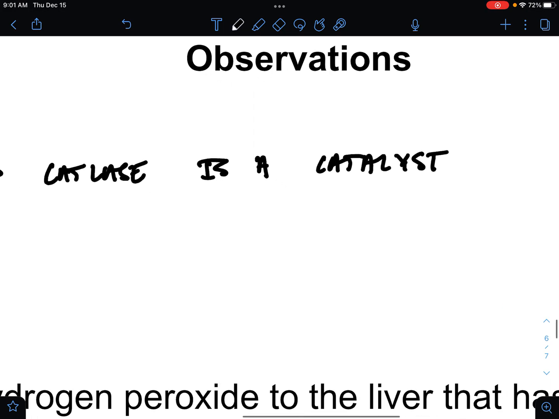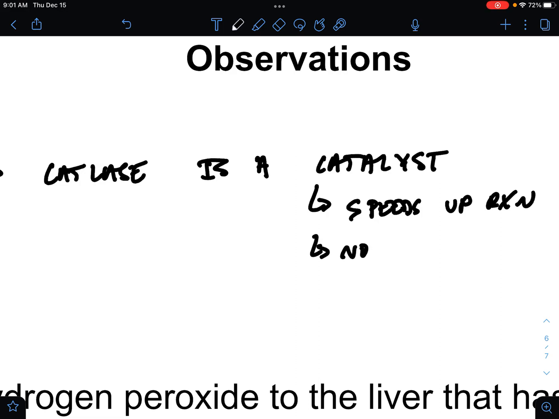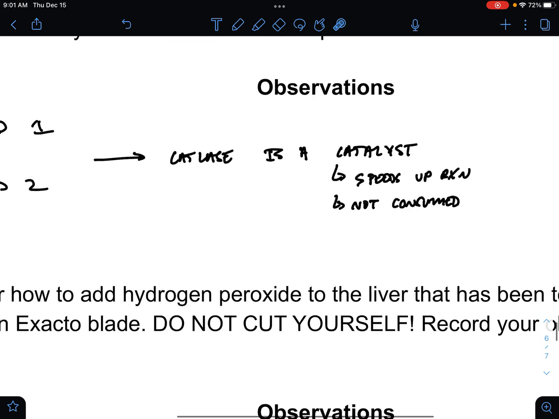And a catalyst has 2 features. One is it speeds up the reaction. And 2, it is not consumed in the reaction. So when we added